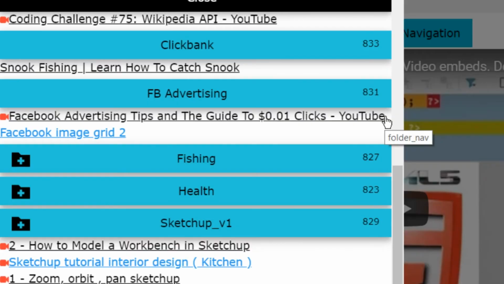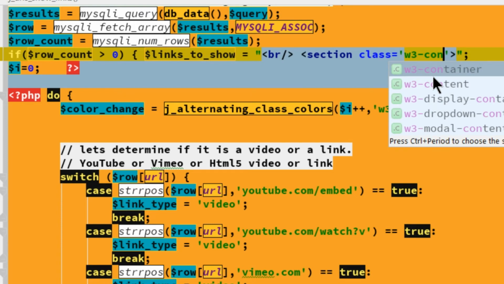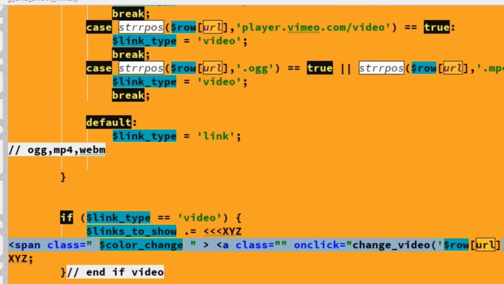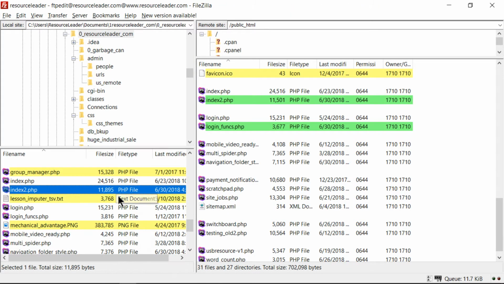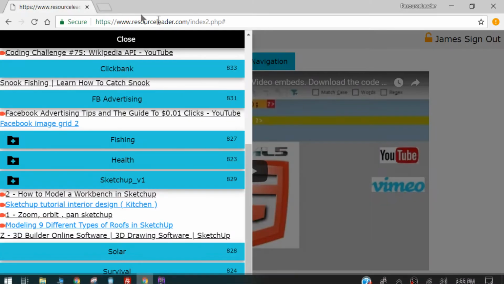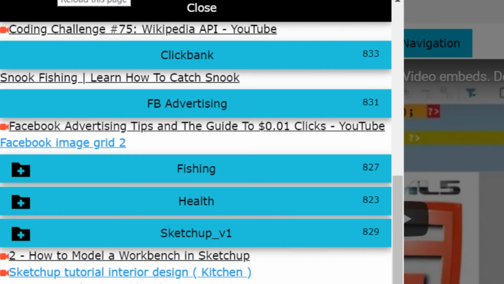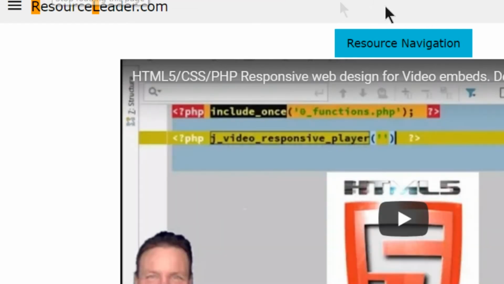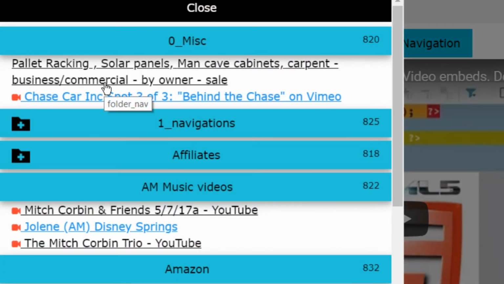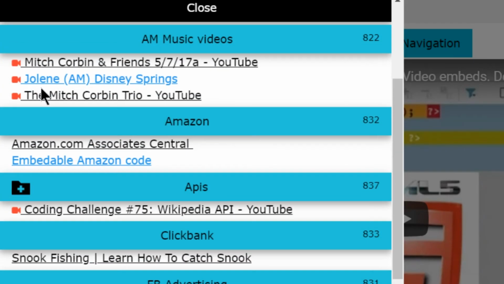Let's see, so it goes all the way across. So let's go, well, I'll just call it a W3 container, see what that looks like. Okay, try that, see what the container looks like. Might be too much up and down. We'll see. Top and bottom, in other words. So I'm looking for a little bit of left and a little bit of right padding. I'm getting that from W3 CSS. Okay, refresh. Okay, there we go. So now that looks better. I have some padding around there, and if it's a video, it shows the video, and if it's a link,